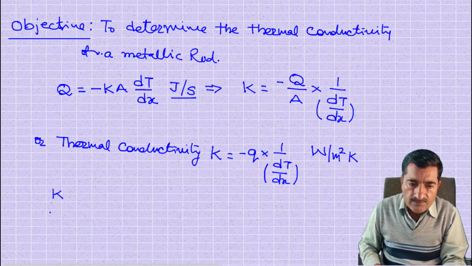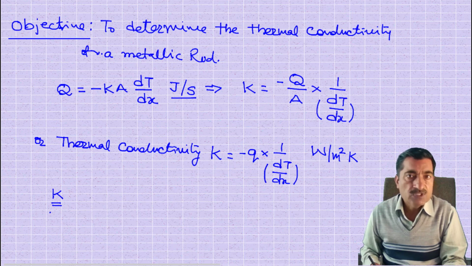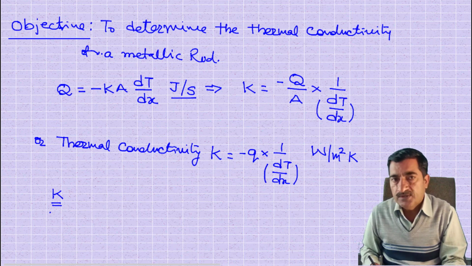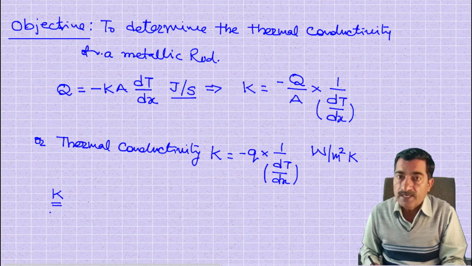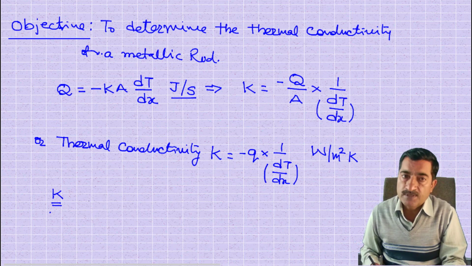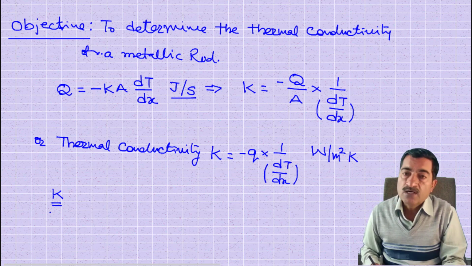Thermal conductivity K for a given material depends upon its state. It varies with direction, structure, humidity, pressure, and temperature change. Thermal energy can be transferred in a solid by, first, lattice vibration, and second, transport of free electrons.